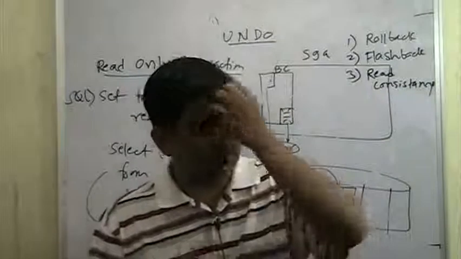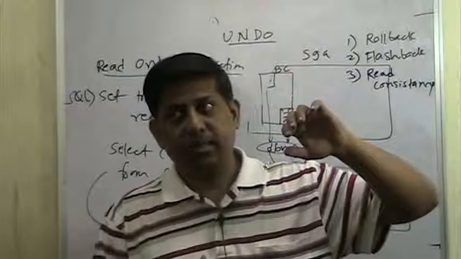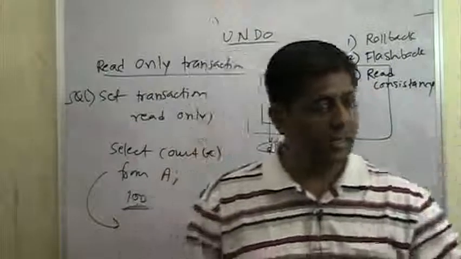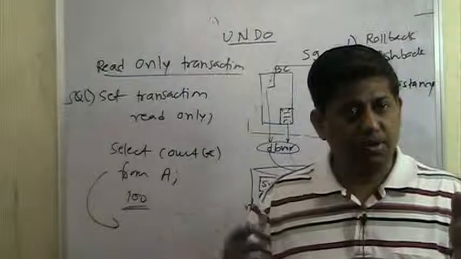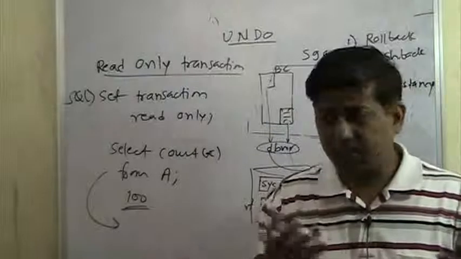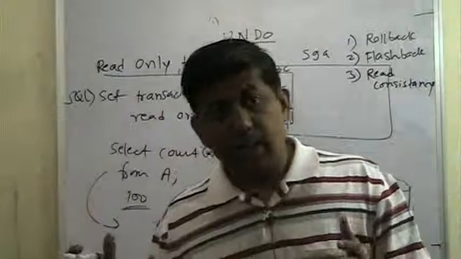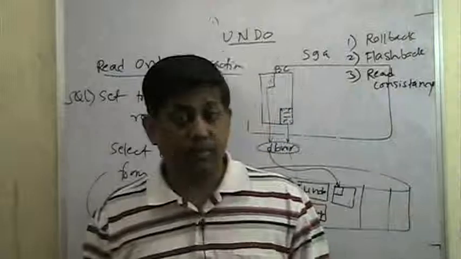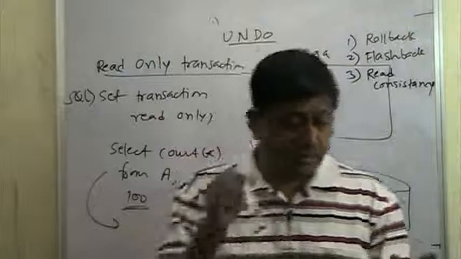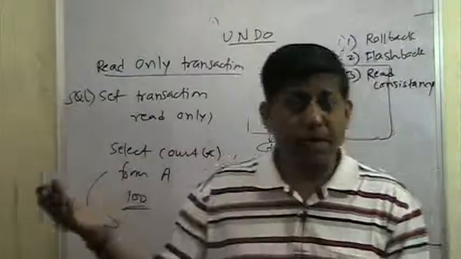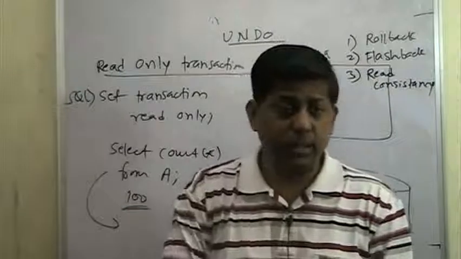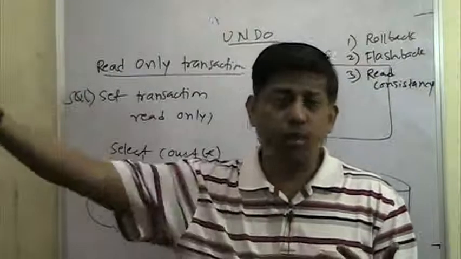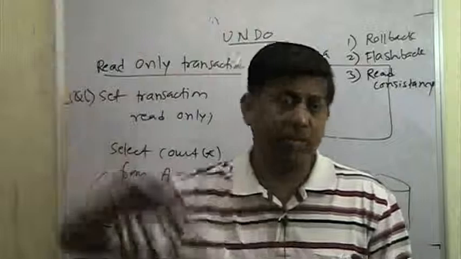I think you asked me this question last time. Somebody did a delete, and maybe for 2 hours he did not do any activity. Then what happens to undo? Will that undo be overwritten? It depends. If I have done a commit, then yes, undo might have been overwritten, because the moment I say commit or rollback, my undo blocks are expired and they can be overwritten by somebody else.